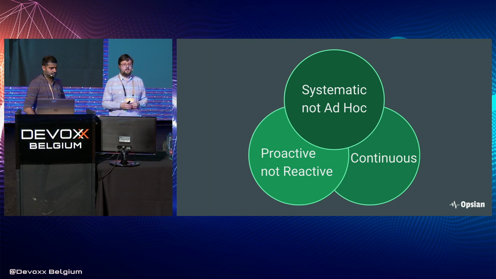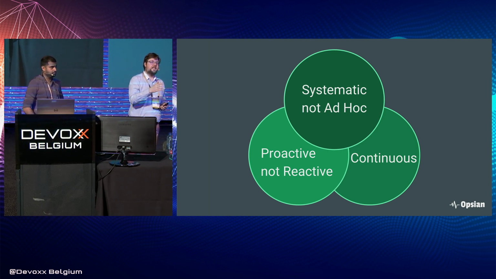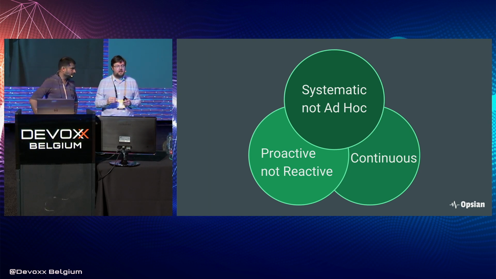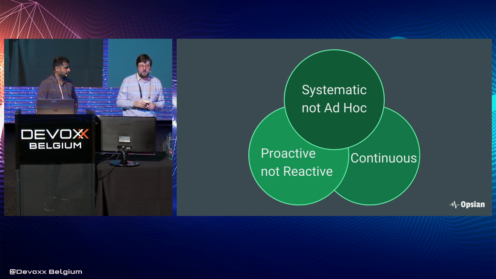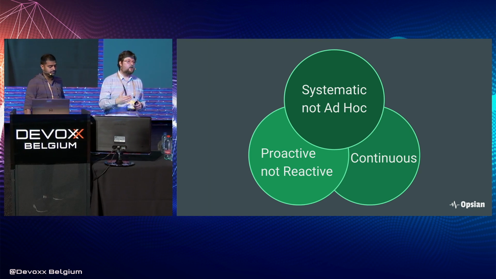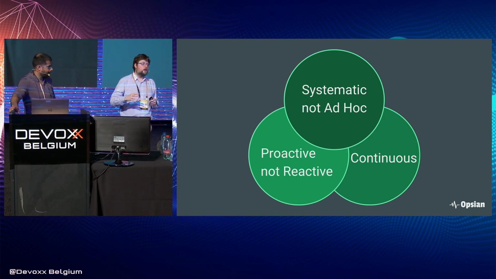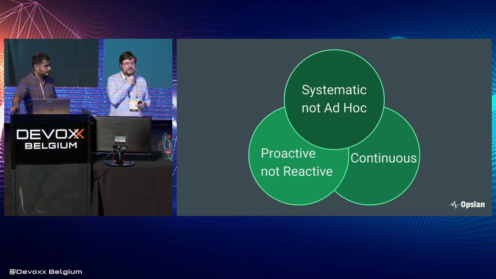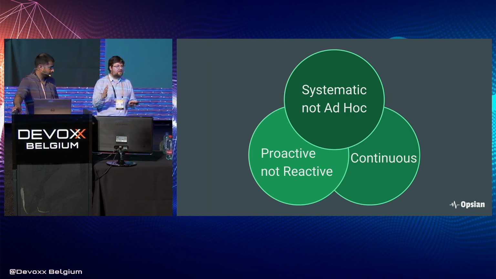So that's got a few different parts. Firstly, it's thinking about these problems as a systematic problem rather than an ad hoc problem. So as opposed to only investigating and dealing with these problems when you have a genuine problem, when the problems are happening in production, we want to think about things ahead of time. That doesn't necessarily mean spending loads of time optimizing for problems you don't have. It just means thinking about what tooling you get in place, what things you can measure. Are you ready for when these problems happen? Have you thought about your overall system designs?